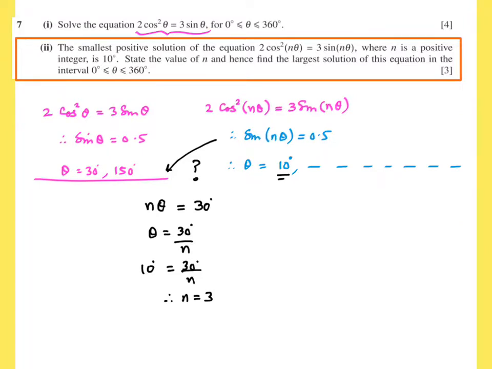So the smallest answer in the original question was 30. The smallest answer in the modified question of part 2 is 10. How did 30 become 10? It's not by subtraction, it's by division. So it's by a scale factor of 3. I can use the word scale factor. Now, since n is 3, that means originally there were 2 answers. How many answers will I have? Now I'll have 6 answers. Sin 3 theta equals 2.5.